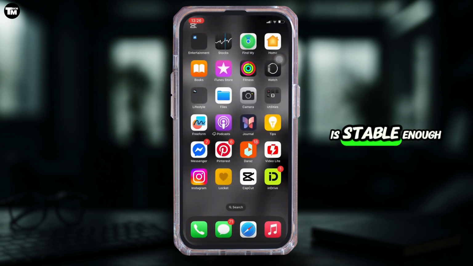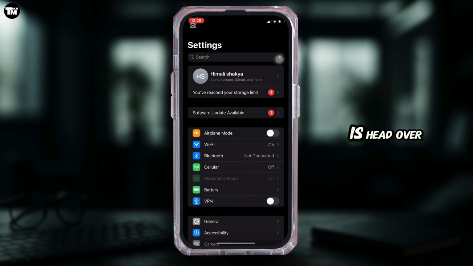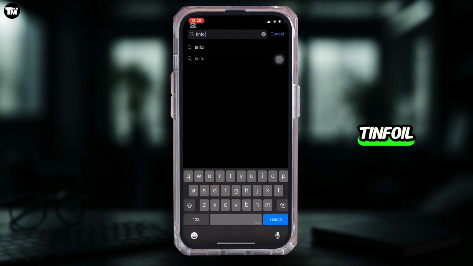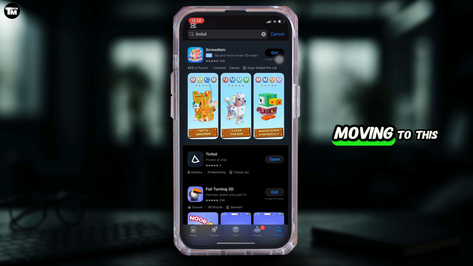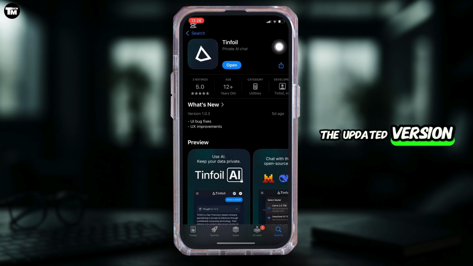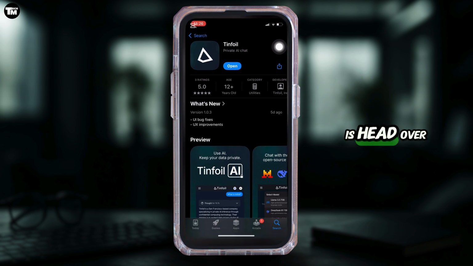If the connection is stable enough, the next thing you want to do is head over to the App Store. In the search bar, search for Tinfoil. Move into this app. You have to make sure that you are using the updated version. Well, if you're using the updated version, the next thing you want to do is head over to the settings